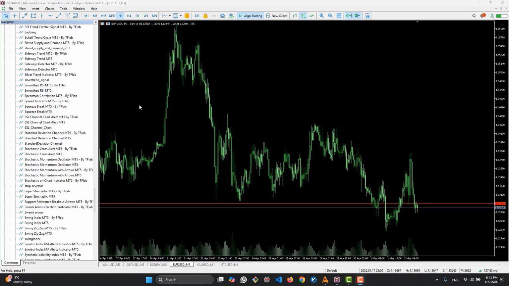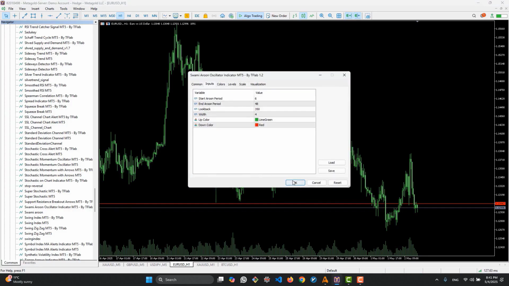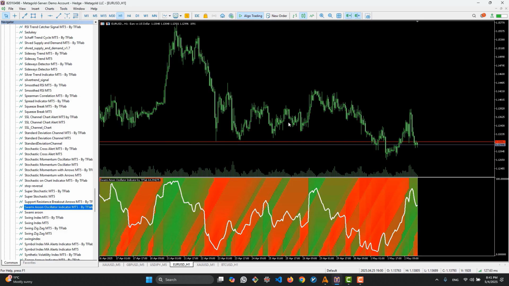Hello, in this video I will be reviewing the indicator on the MetaTrader 4 and MetaTrader 5 platforms. This indicator, using its colors, shows us the market trend, and with this white line it also indicates the overbought